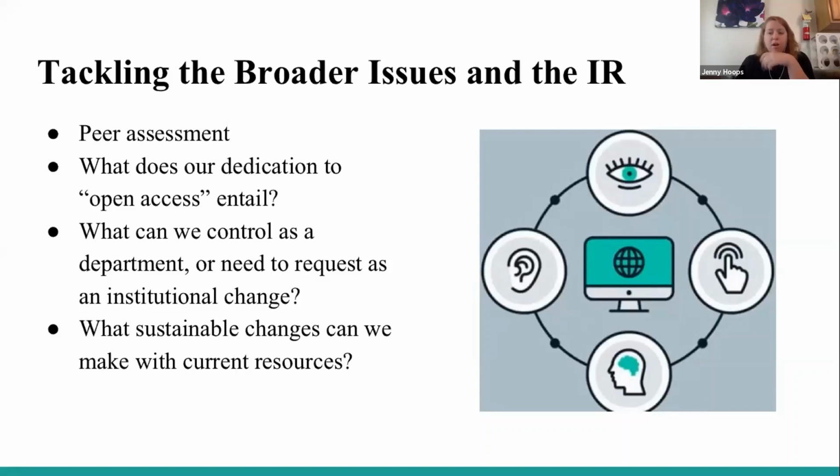They might not make content available because it's very difficult to make accessible, or they might be intimidated or thrown off, and thus nobody could access the content, or the content is still locked behind a paywall. So we moved on to what can we control as a department or need to request as an institutional change. And this comes up as what can we do with our immediate resources and make sustainable,